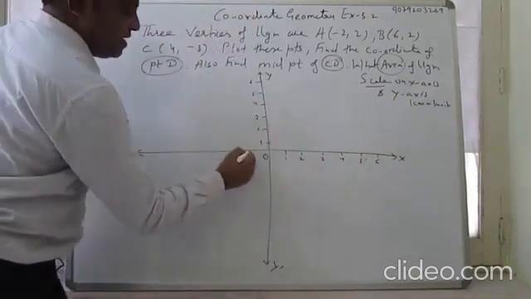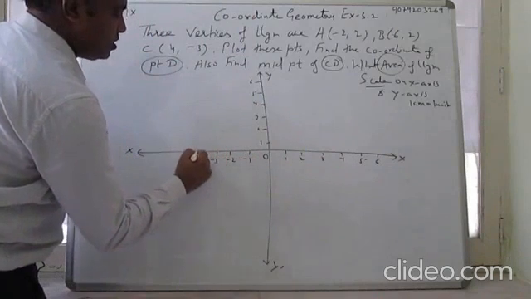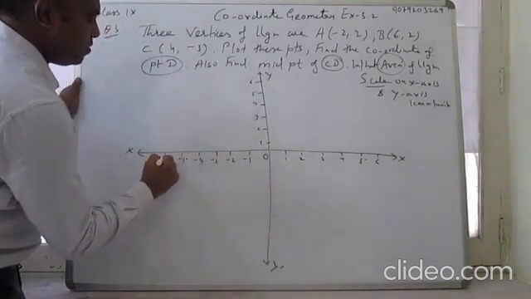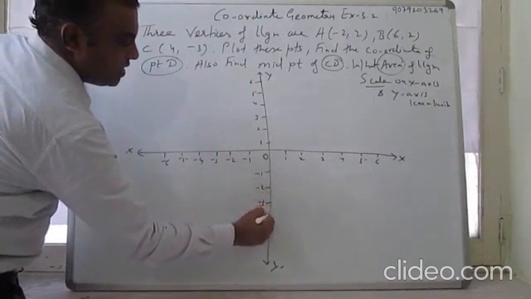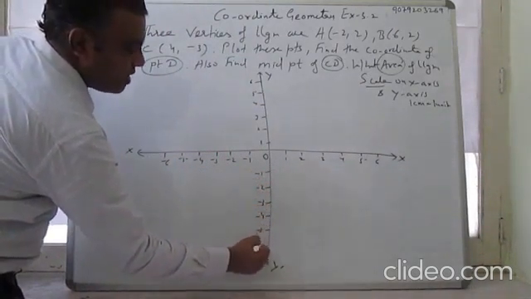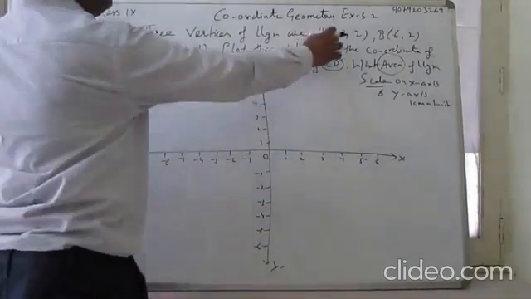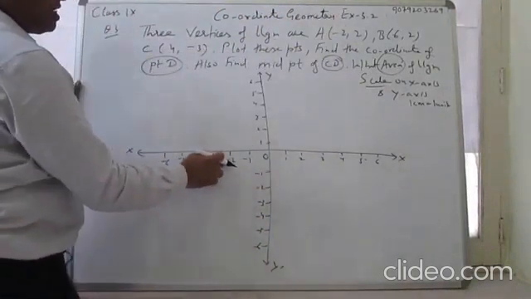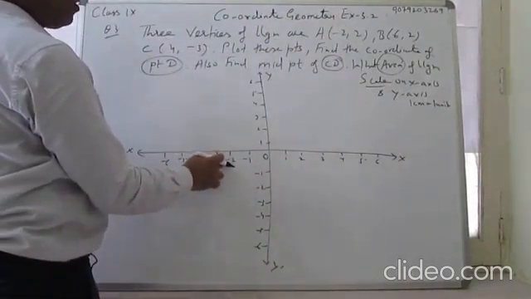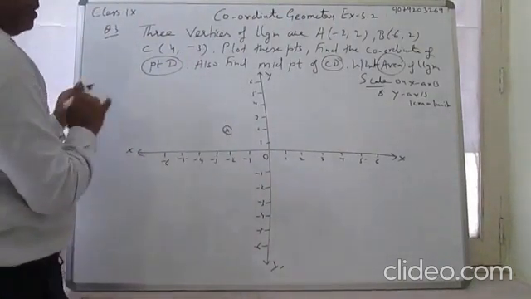This is positive and the right-left side negative: -1, -2, -3, -4, -5, -6 down. Now you can see what our first point is: -2, 2. The -2 is for the x-axis. Use a scale for plotting the points. You also do it with me.